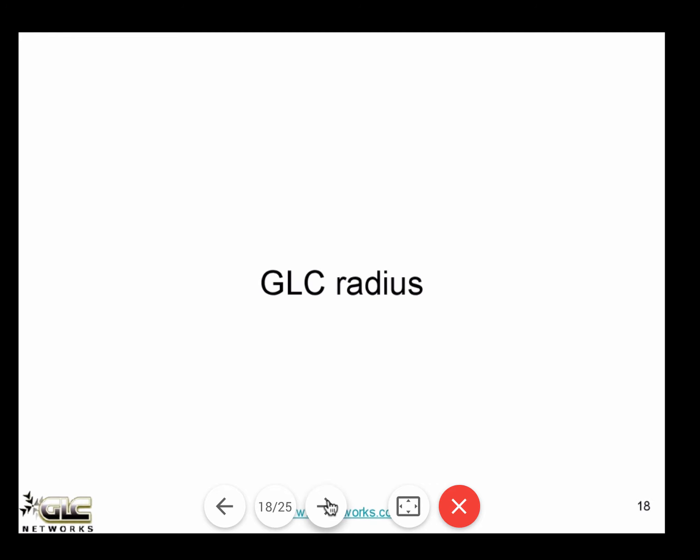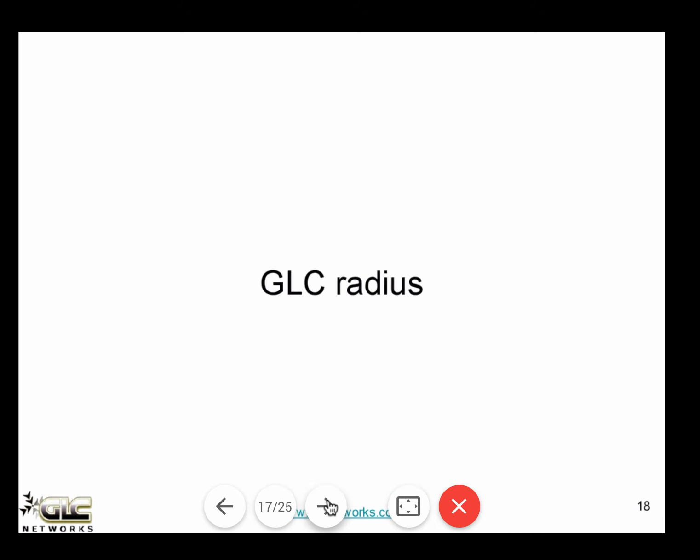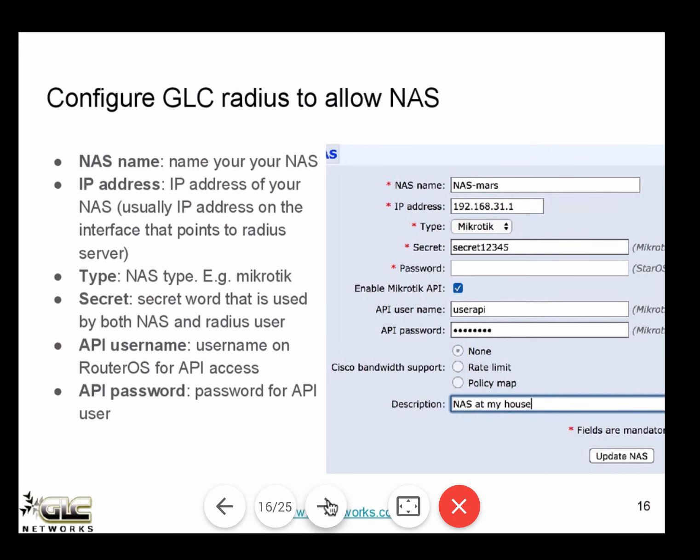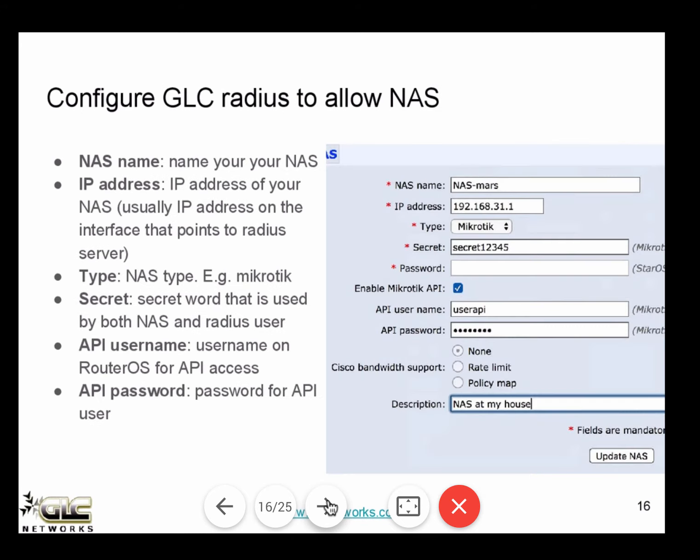Next is about the GLC Radius. Previously we configured the settings. Currently, on this slide 15, you already configured your RouterOS to contact the Radius manager, and then from the Radius manager you do the same, you register the NAS.